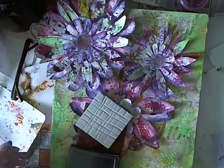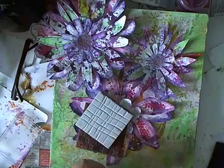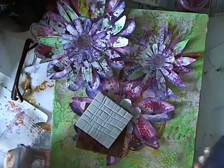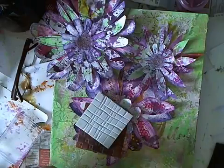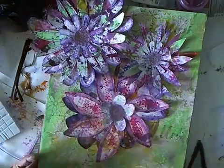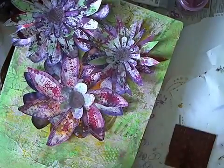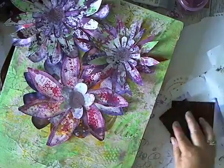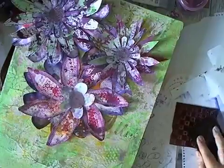We'll just see what's got ink on it. Well, it seems to have some ink on it. Just that one. Doesn't seem to have as much. Okay, let's see how we go with this stamp. What I'm going to do is move that over there so that you can see that we all have to get